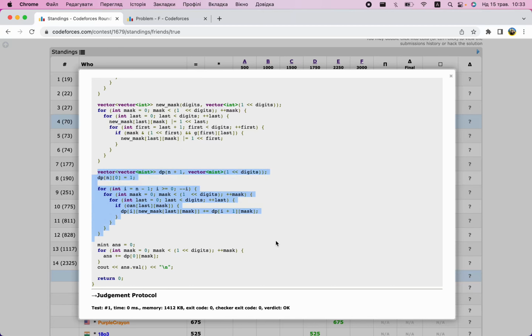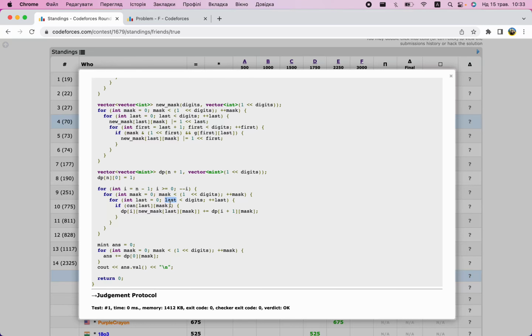So in contest, I wrote some DP like this, and then I was not sure how to process updates. That means we build a prefix, or a suffix better said, of given lengths. We have some mask that describes our suffix, and we are trying to add one more digit to it,